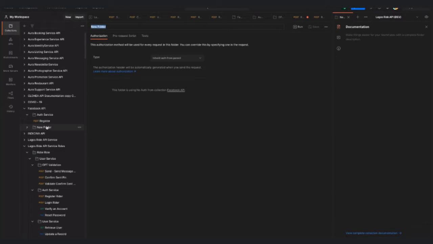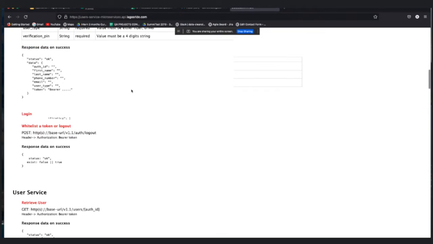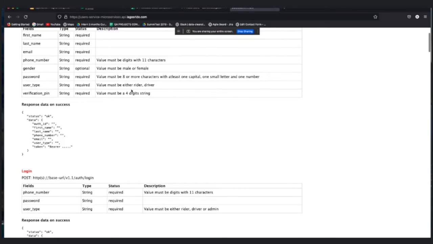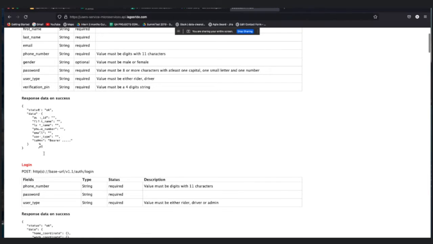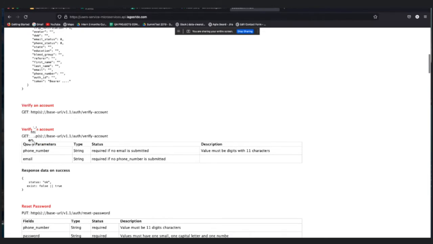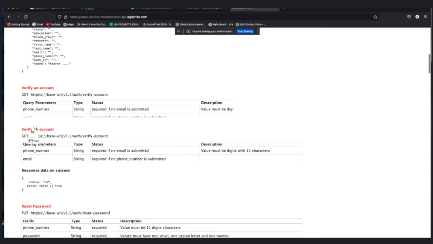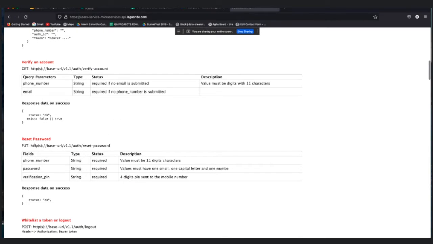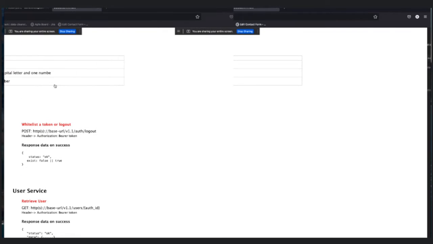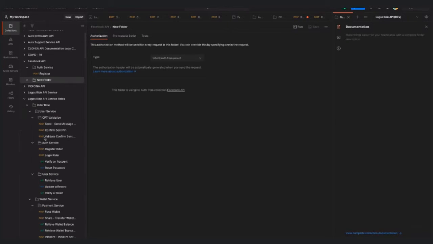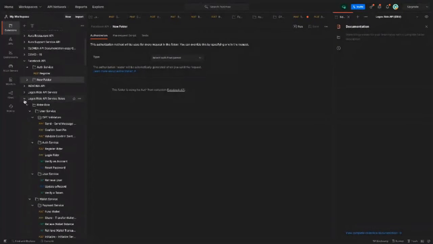Don't get it twisted, guys. For example, this auth service folder: if you go to your documentation, we have register under auth service folder, we have login, verify account, reset password and whitelist token under auth service folder, which is the same as the pre-existing document I have.